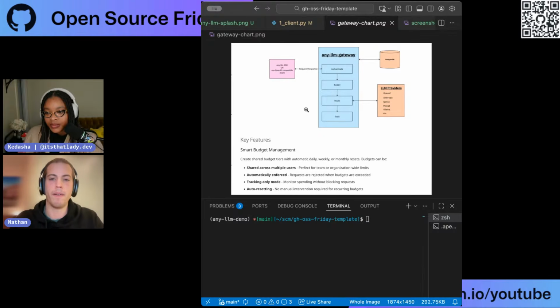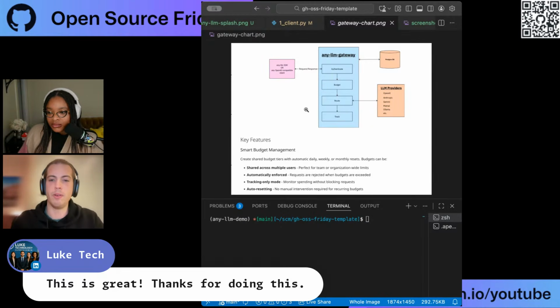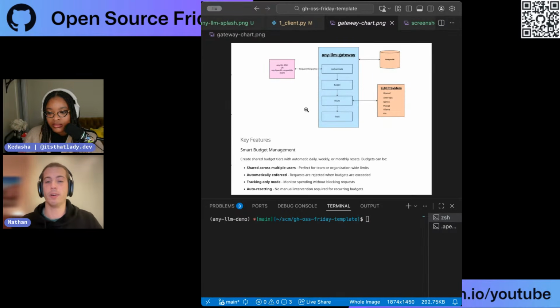Pretty soon, if you're a system administrator and you have a person who says, I want to talk to OpenAI and Anthropic and Gemini and Mistral, and then you give them 6 API keys, and then somebody comes to you and says, I want that too, you generate another 6, and you're pretty soon managing a bazillion API keys for people. Or you're giving everyone the same API keys, and then you don't know who's using what. So that's what any-llm gateway is trying to help solve for people.